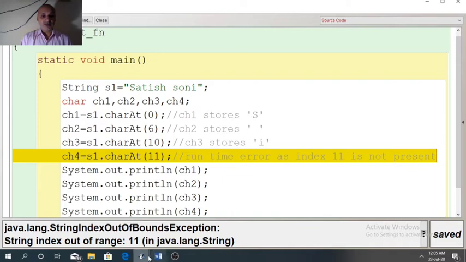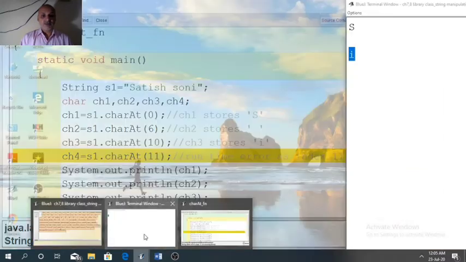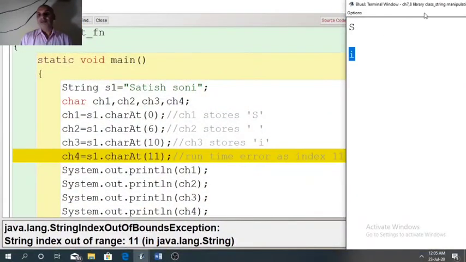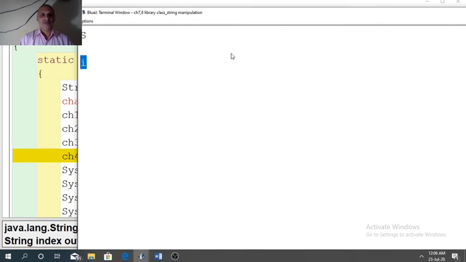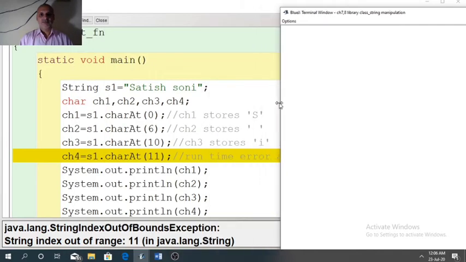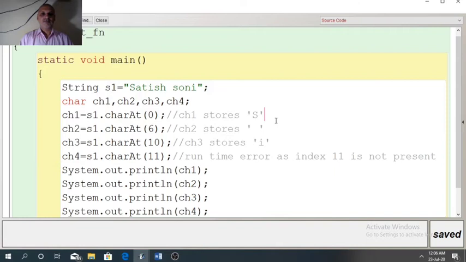And when you see the terminal window, that is the result of the previous program code. Let us clear it. So let us remove the changes that I had done.